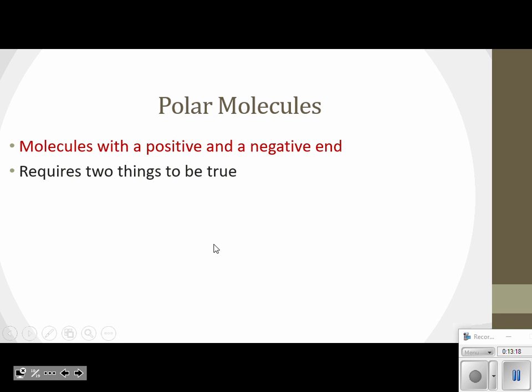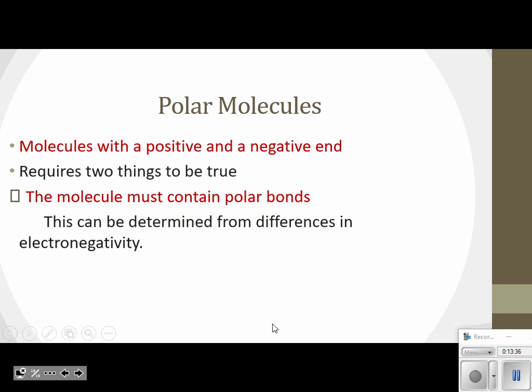We need to have two things in order to have a polar molecule. First, we must have polar bonds. Second,